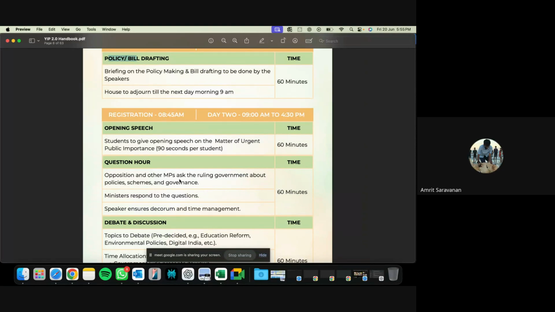Sir, are we not allowed to do any topics outside the 5 topics that you assign us for the 90-second speech? No, we would prefer these 5 topics because we would assign the topics related to the ministries also. Since we have a limited number of ministers, it's not like the Indian Parliament, where we have 500 plus. We will keep this to 5 topics, but these topics are going to be very high level, for example, just the state of education in India. You can choose to focus on anything relevant, but broadly you will stay within the 5 topics.